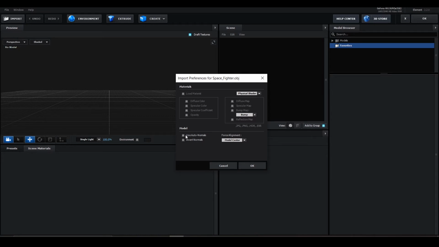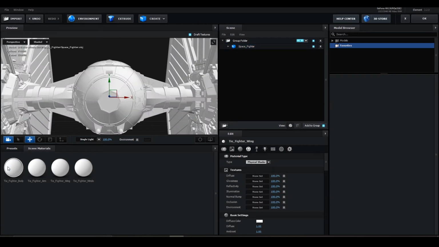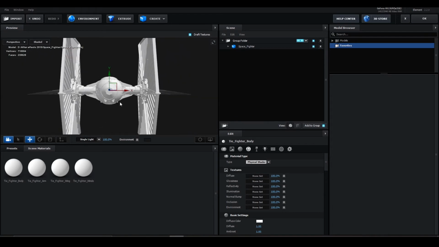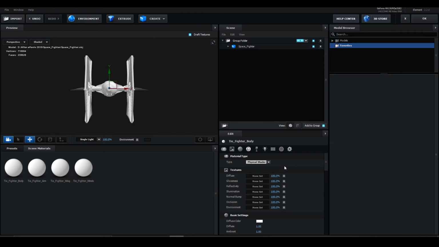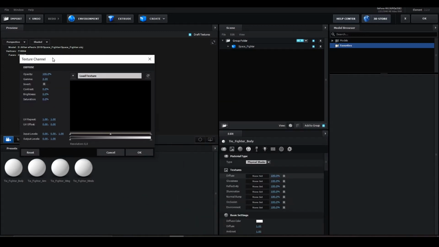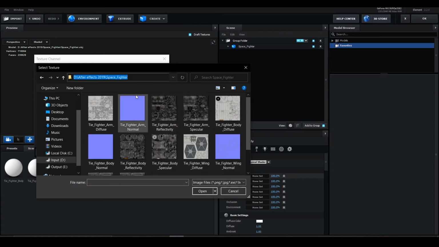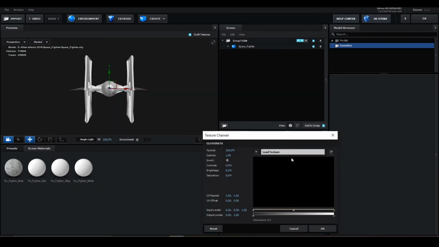Mine does not because I did something to it. I don't know what I did, but it does not contain the checked boxes. So you should get all the shaders and textures when you are importing. I have to do it manually, so I'll import the shaders manually. So here you can see I'm adding everything manually.